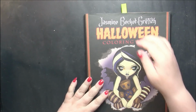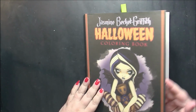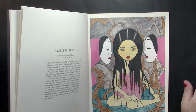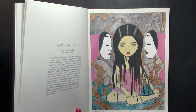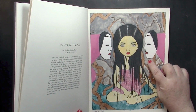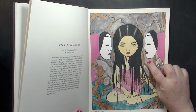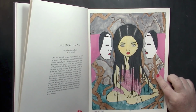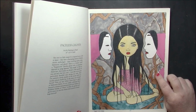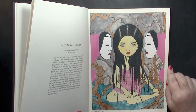But I did leave a whip at Christmas time, at Halloween time, and that was this one, which I finished, and I don't like. I did the background here, this gray, and these trees with watercolors, and I just didn't like the way it looked. I wished I'd picked different colors, so I left it as a whip. And I came back to it,